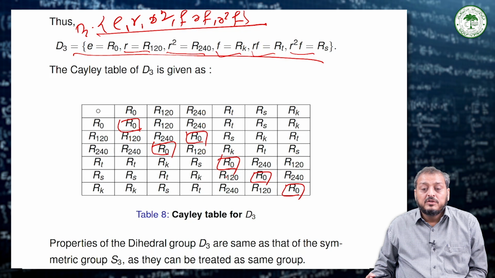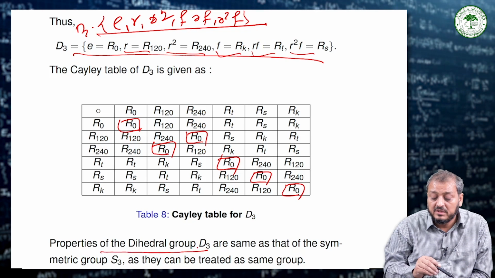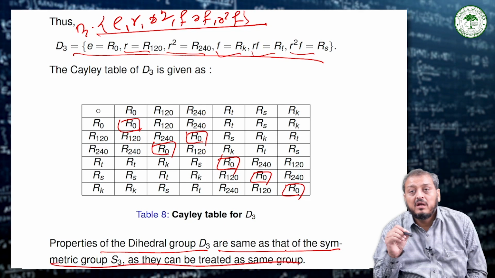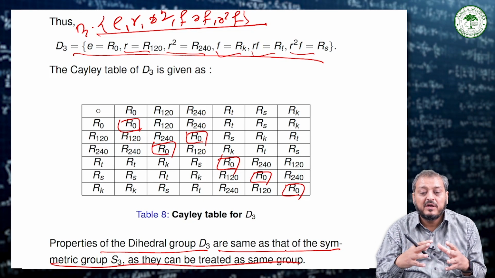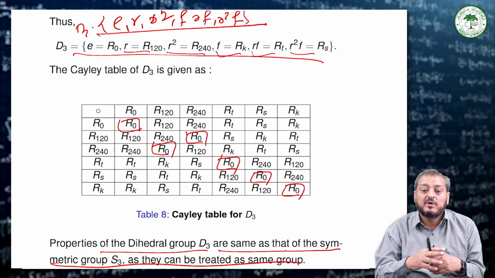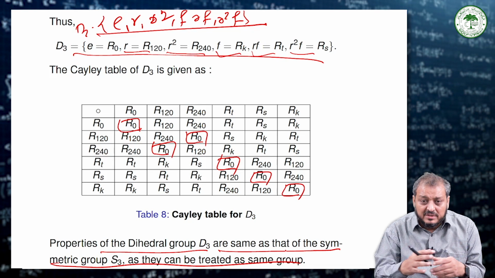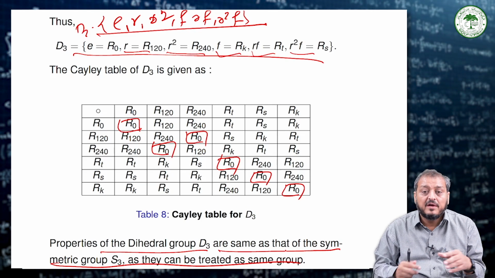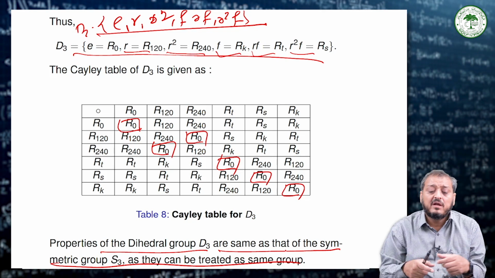By this table you can say that the properties of the dihedral group D3 are the same as those of the symmetric group S3, because S3 has the same type of elements. So the properties of the dihedral group D3 are the same as the symmetric group S3, as they can be treated as the same group. By this table we can easily prove that